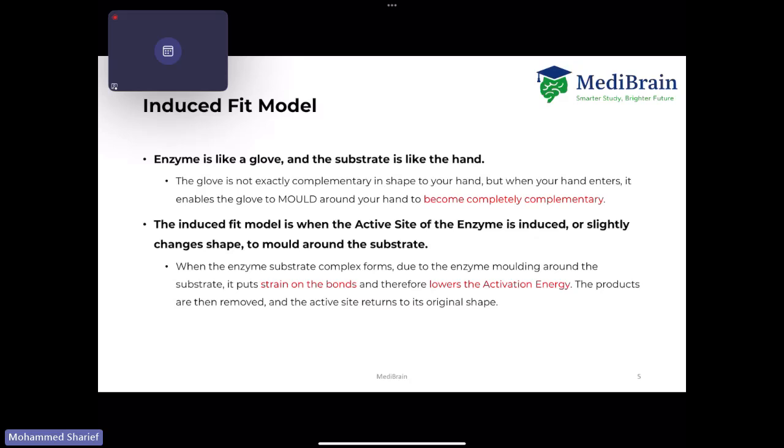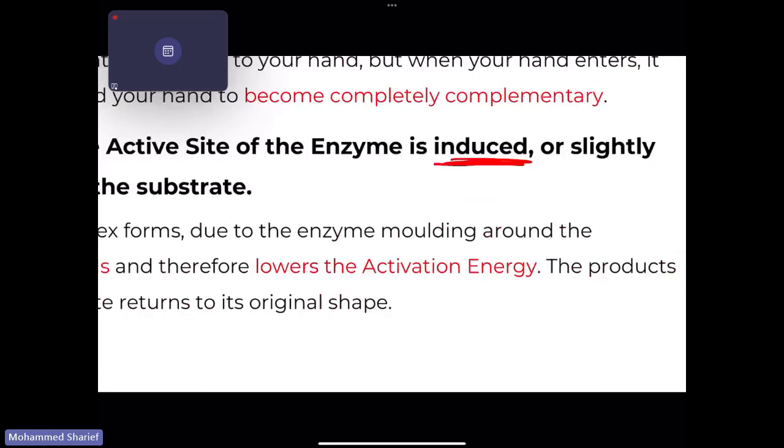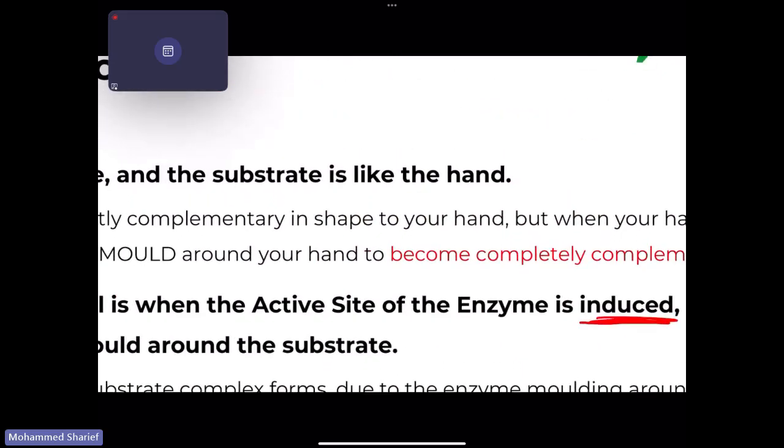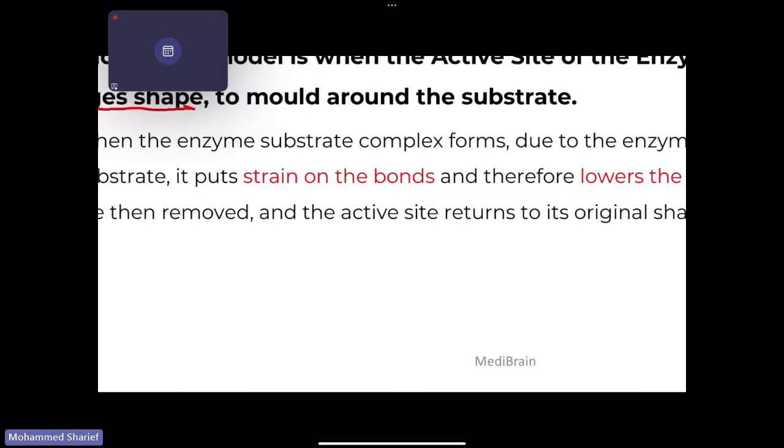The induced fit model is when the active site of the enzyme is induced. Induced means it changes shape, or slightly changes shape. I've got it down there. Slightly changes shape to mold around the substrate. So if I was to draw this out, I'll draw it out over here. Let's say